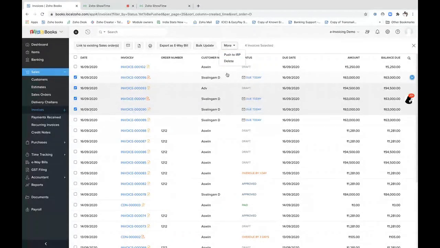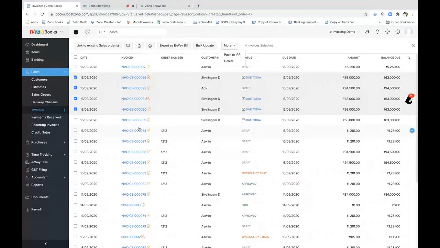Okay, for all these 5 invoices, let's say there are 2 invoices which have the HSN error and maybe a wrong GSTN number. We would drop you an email stating that you have tried creating e-invoice for these 5 invoices, that is, you tried to generate the IRN for these 5 invoices, but only 2 have failed because of these so-and-so errors. And you can come back to Zoho Books, edit the invoice, make the necessary changes, and then push this to the portal again and generate the IRN.